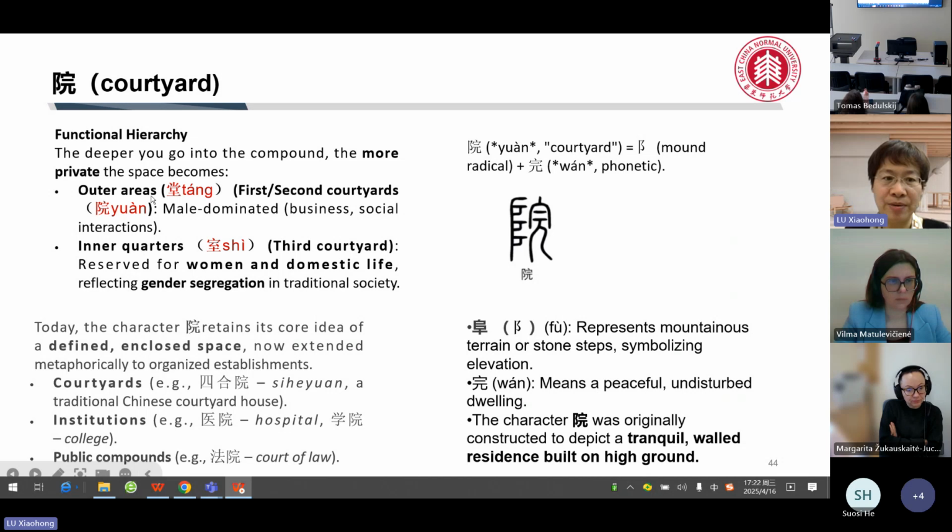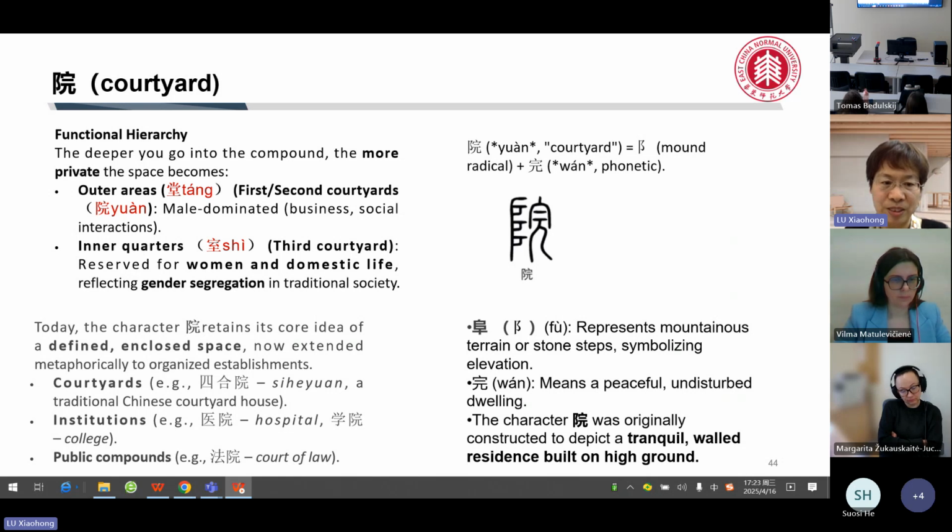So the outer area is tang, in the first and the second courtyard is tang, and the inner quarter is shi, more private for women or domestic life. So that's the word yuan. And nowadays, we have this yuan. The meaning is extended not only to be used in Sihe Yuan courtyard, but also in other phrases,